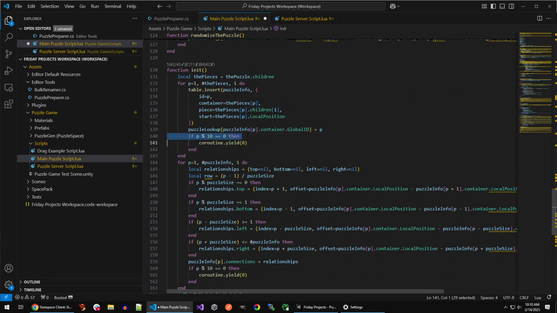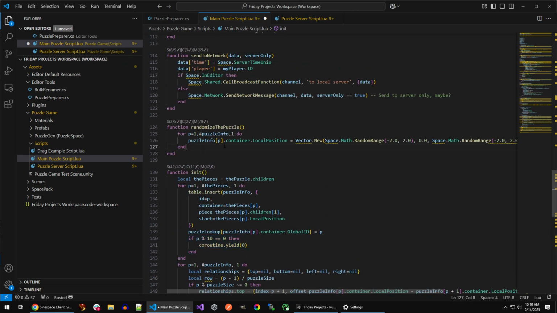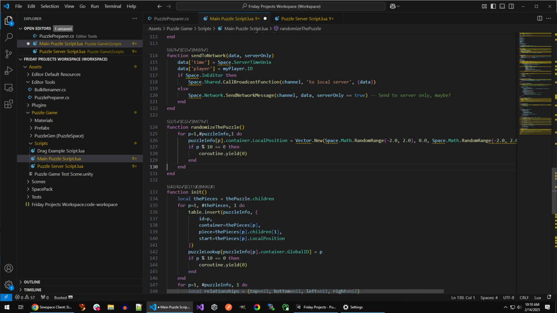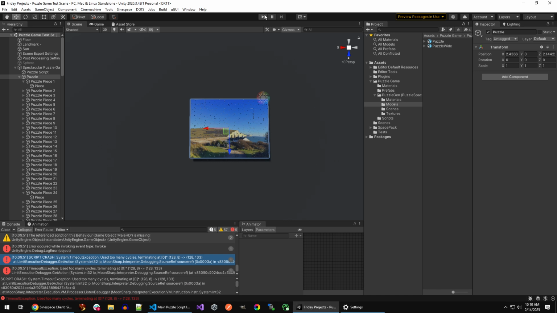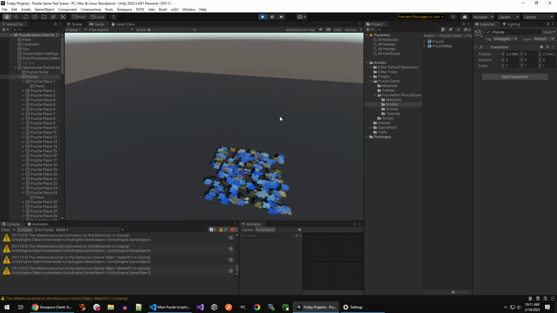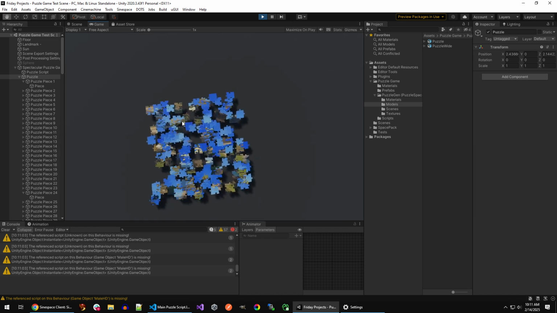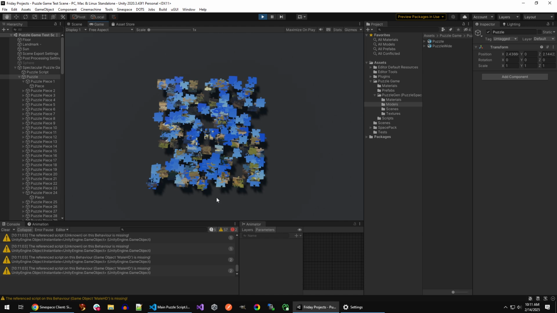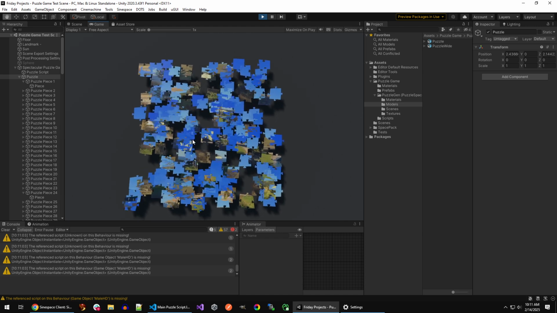We're just going to do the same thing we did here, where if we're trying to scatter too many pieces, we're not doing a lot on this, so we can afford to scatter more than 10 at a time. Let's say we're going to do 50 at a time. And then if we have more than that, we're going to take a break. And our whole puzzle got jumbled up. And it turns out 2 meters plus and minus is actually just about